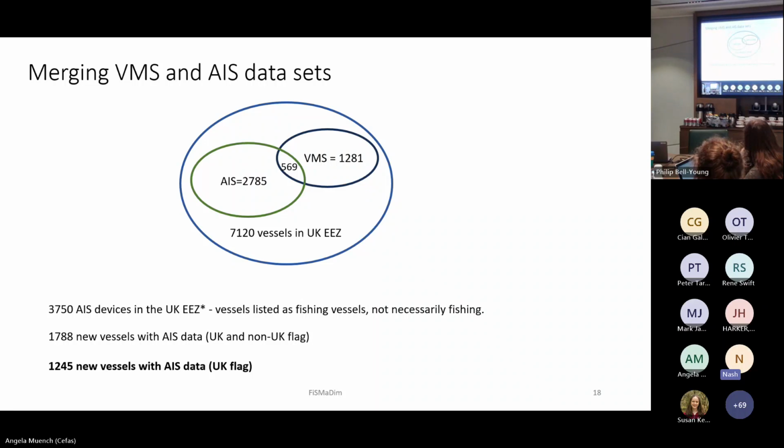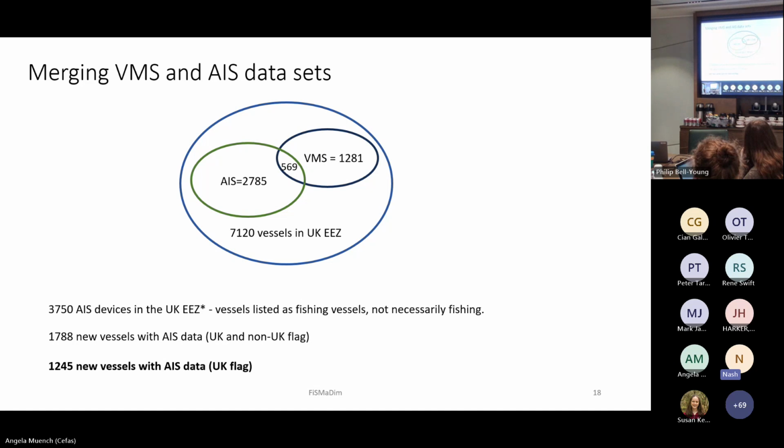Out of these, for 569, we had overlapping information from the VMS units and the AIS units. So we were augmenting information, with more temporal resolution, for 569 vessels that already had VMS data.